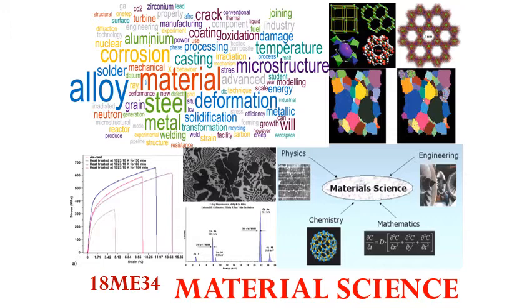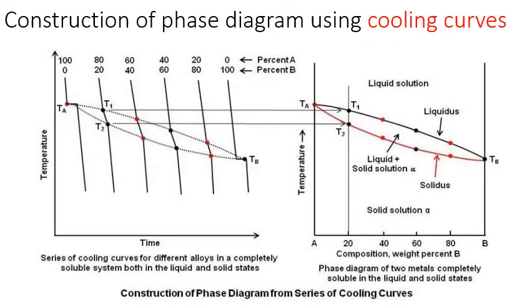Now we'll recall those things and move on, taking a numerical example of how we can interpret the phase diagram. This is a phase diagram which consists of a series of cooling curves, and this type of phase diagram is applicable for a two component system which is completely soluble in the liquid as well as in the solid. As we discussed in the previous class, the cooling curve for a pure metal A and B,